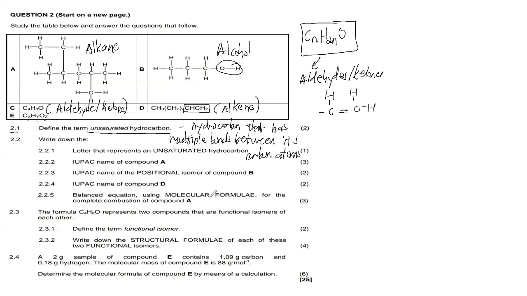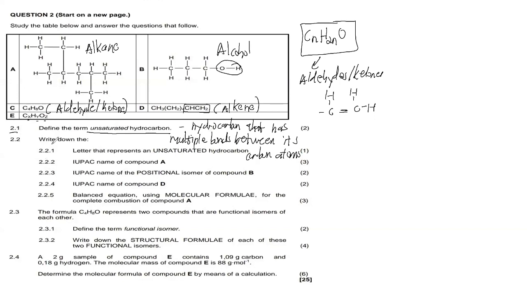Remember, what is a hydrocarbon? A hydrocarbon is simply a compound that has hydrogen and carbon atoms only. So an unsaturated hydrocarbon has to be a hydrocarbon that has multiple bonds. Remember, multiple bonds means that it has either double bonds or triple bonds, which is either an alkene or an